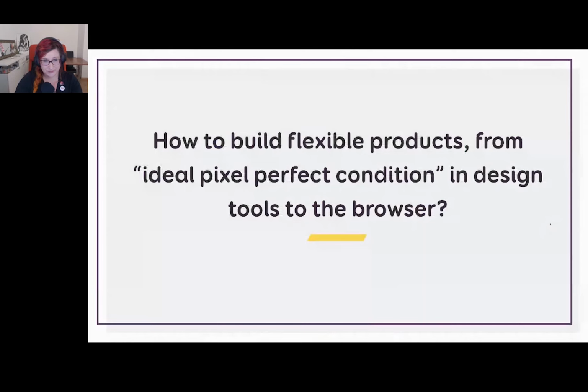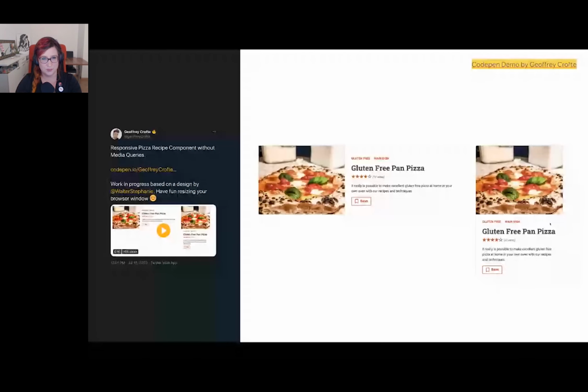So, okay. It means that today we have the technology to build those flexible components that are able to have this kind of automatic layout based on different criteria. We have Flexbox, we have grid layout, we have Clamp, we have media query, we have a lot of different things. And you can even build a responsive component without media query. So I can imagine components that are not just adapting to the viewport size, which you can do with media query, but that lay themselves out based on the container size. And I was wondering if we could do this for my pizza component, and Geoffrey had a lot of fun with it. And this is what it looks like.